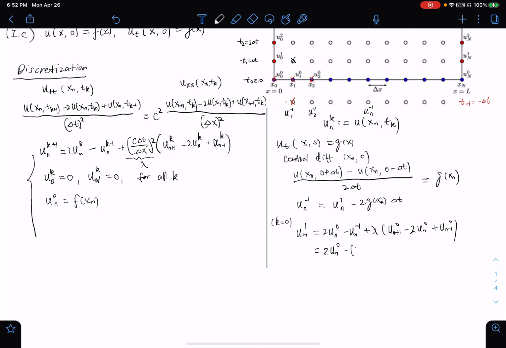Minus then u_n^1 minus 2 g(x_n) delta t, and copy the rest, right? So